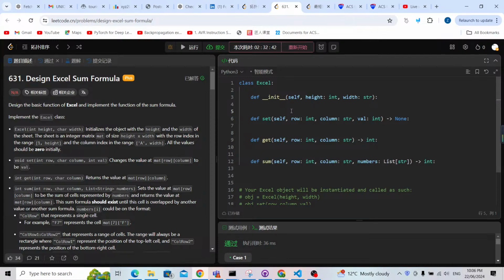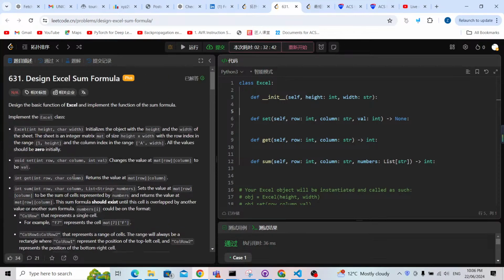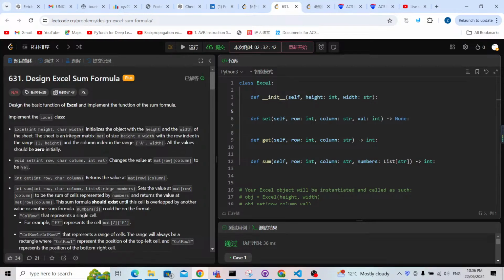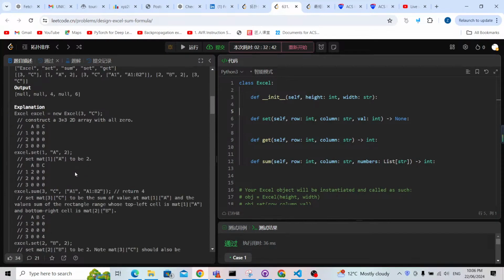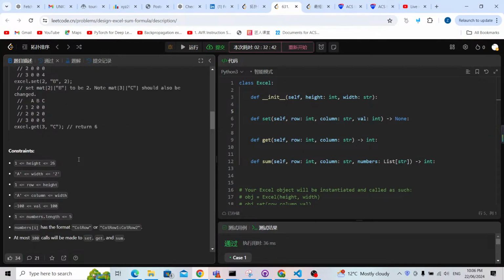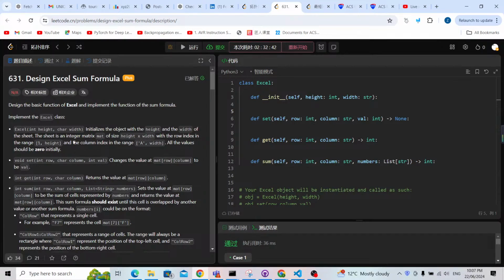To solve another Leetcode problem, 631, design Excel sum formula. The description is quite long and it's really difficult to understand. So let's read the descriptions carefully, because I would like to go through the descriptions with you. Otherwise, you don't even understand what the problem is. And the examples are also quite long, so I would like to go through all of them, and then we can try to find a solution together